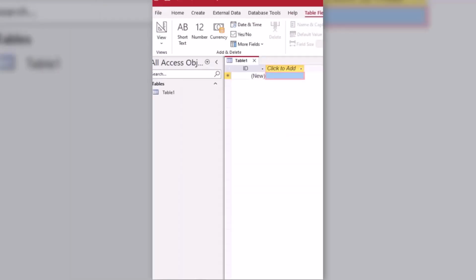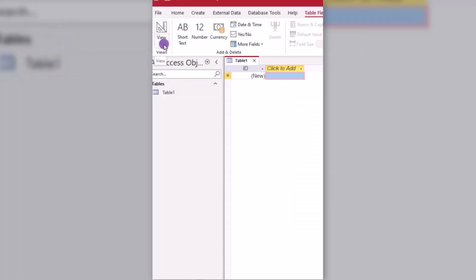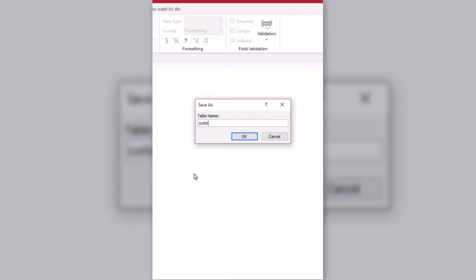Now, the next step is to create your tables. Think of tables as being roughly equivalent to lists from Excel. When you create your table, the first thing you need to do is create the column headings for your table, which are known as fields in Access. To do this, in the upper left-hand corner, click View, Design View, and at the prompt, give your table a